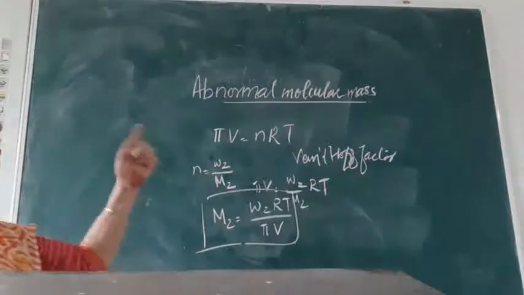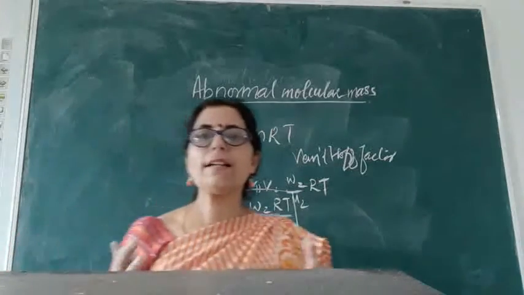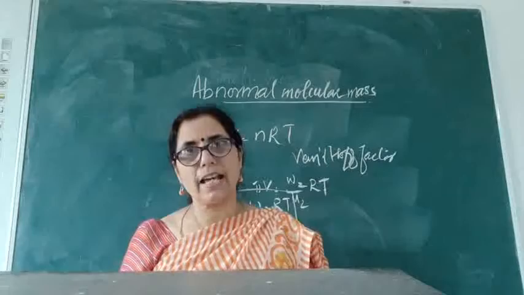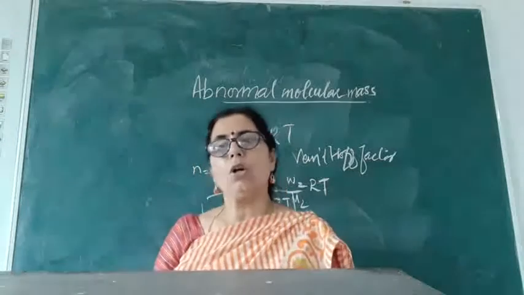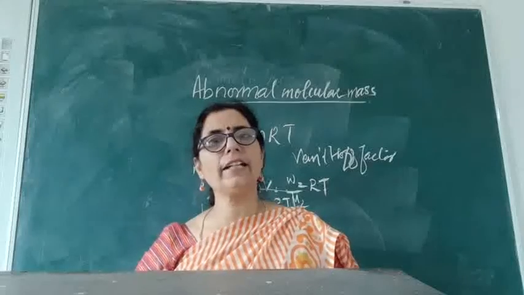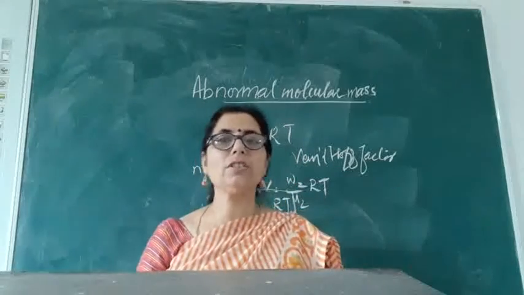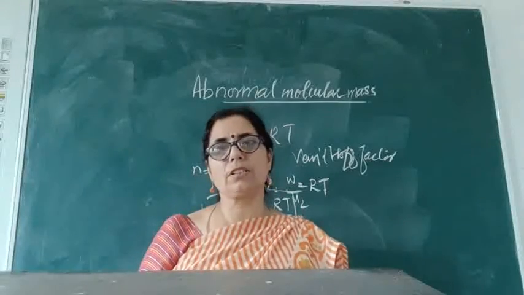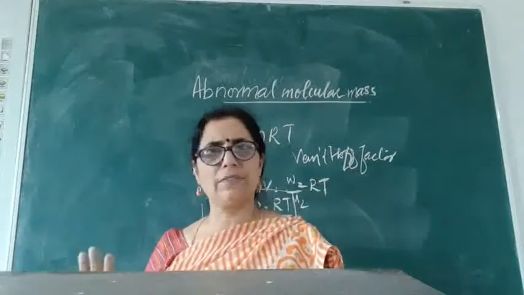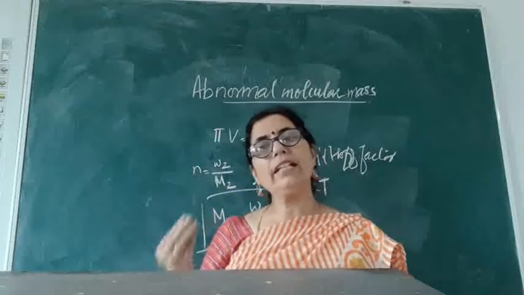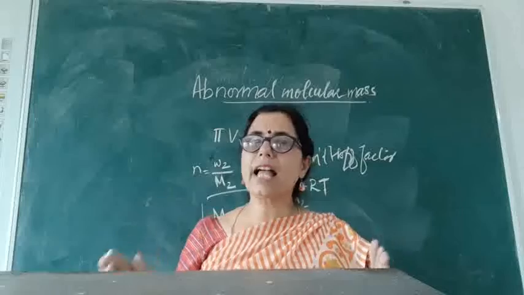Now we will study the abnormal molar masses. Abnormal molar masses means the molar mass that we observe and what we calculate, there is a difference. There are two things that happen, children. One time we study when dissociation takes place. Other time we study when association takes place. Now what is dissociation? Whenever any salt like sodium chloride, sulfate, acids or bases is dissolved in water, it dissociates. It changes to its ionic state.